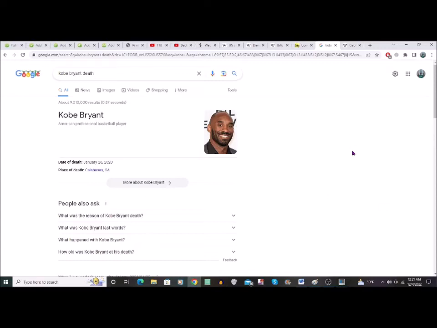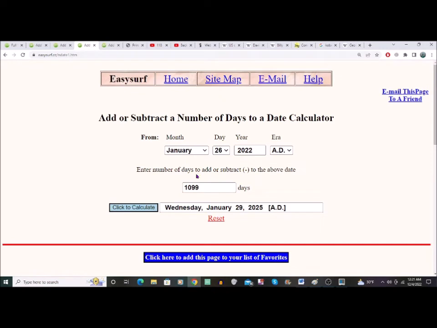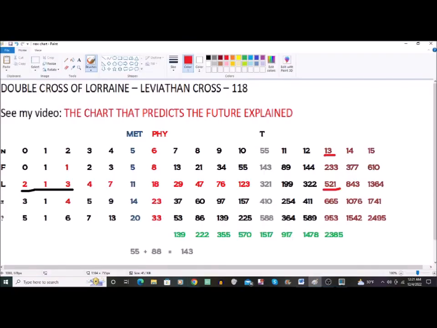Anyway, let's do this number jump. Cool, that was long-winded just to get to this number jump for Kobe. I think it's this one here. Yeah. January the 26th, death of Kobe, and if we do 199 days, we're going to put a 0 in there, so we're actually doing 1099, but this is a reference to the 199 that is in this chart, okay, which is right here, which of course is the Queen's burial date,